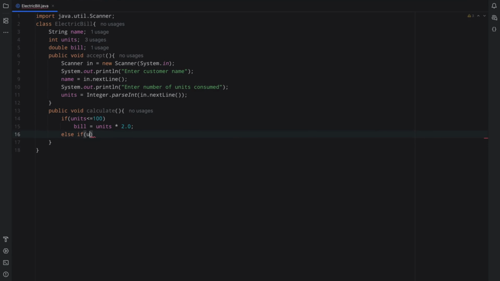And when the number of units are more than 100, then we write here else if units less than equal to 300. Now why am I writing 300 here? Because in the question I explained that for the first 100 units we have 2 rupees. For the next 200 units we have 3 rupees. So when we have units as 100, we will be charging 200. But for the next 200 units, we will have 3 rupees per unit. So I'm writing here units less than equal to 300 because here in this else if, I will be calculating